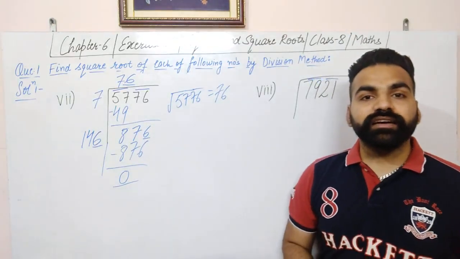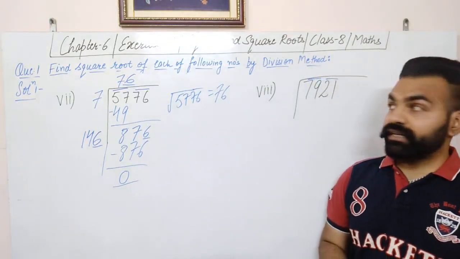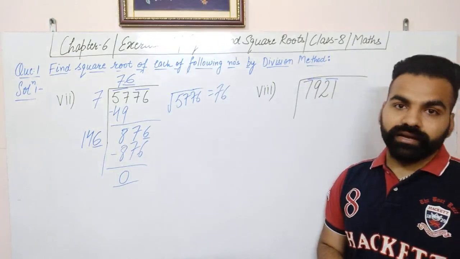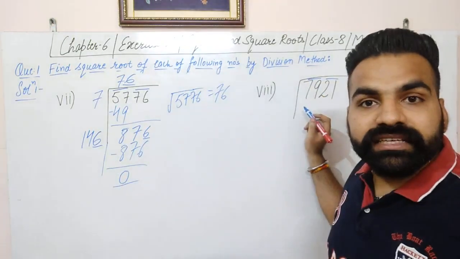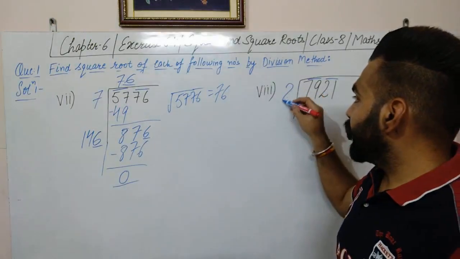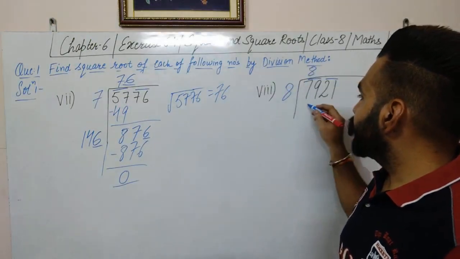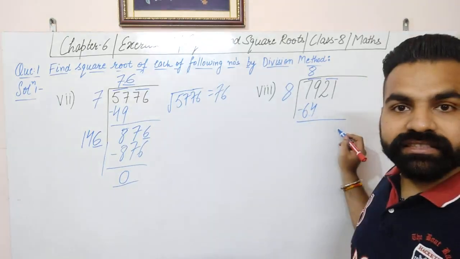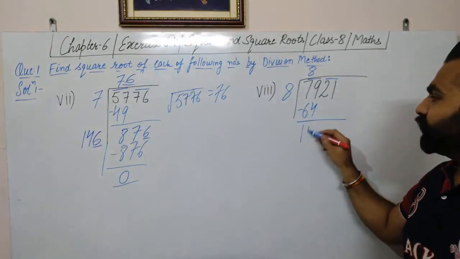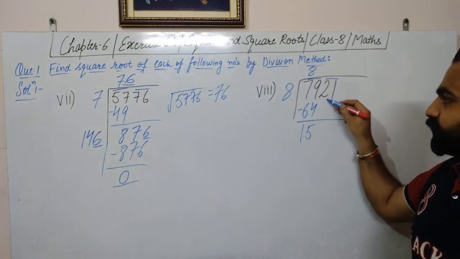Next, 7921. So we will put a bar on 21 and 79. So we will check a perfect square number which is less than 79, and the perfect square which is less than 79 is 64. So we will take 8 into 8, 64. 79 minus 64 is 15. We will take this pair down,